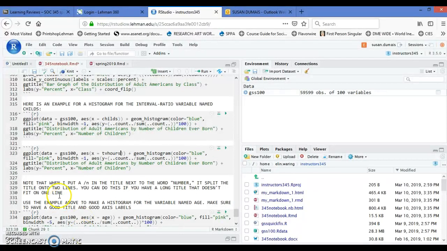If you, for some reason, weren't sure and you typed something like TV, or you abbreviated and had TVHRS, you would not get a successful run of a graph from RStudio. It would give you an error message. So where the x is, you have to be precise with the exact GSS name of your variable. Where the title is and where the labels are, you have more freedom, and I encourage you to be as descriptive as possible. So here, distribution of adult Americans,